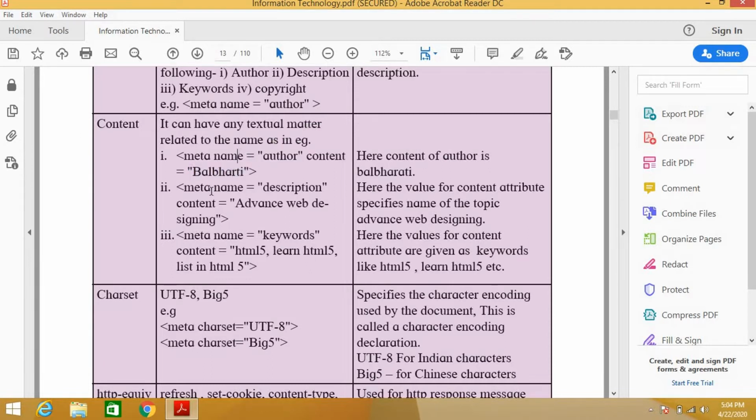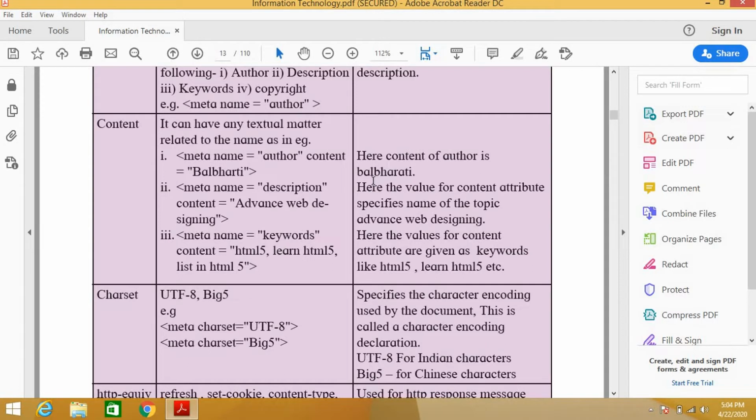So in author, what am I going to search? Balbharti. Meta name equal to description. What is the content? Advanced web designing. Meta name equal to keywords. What is the content in that? HTML5, learn HTML5, list in HTML5. So this is the keywords value, and these are the contents.